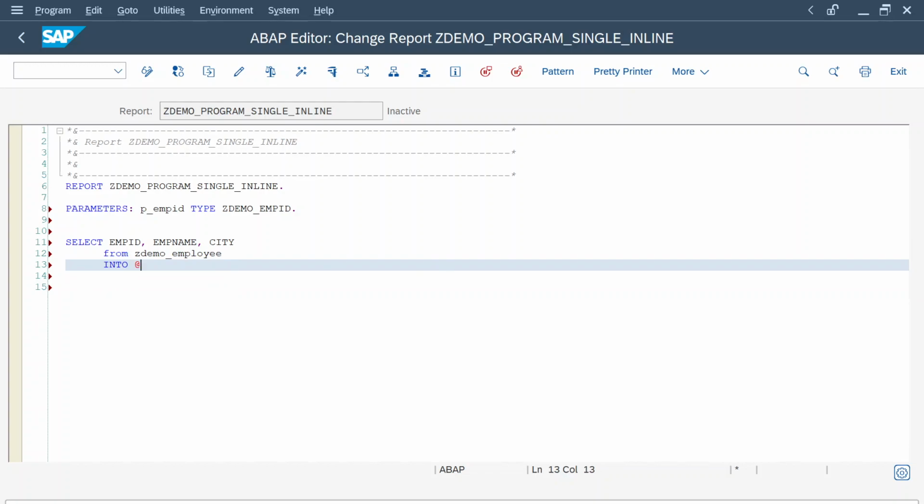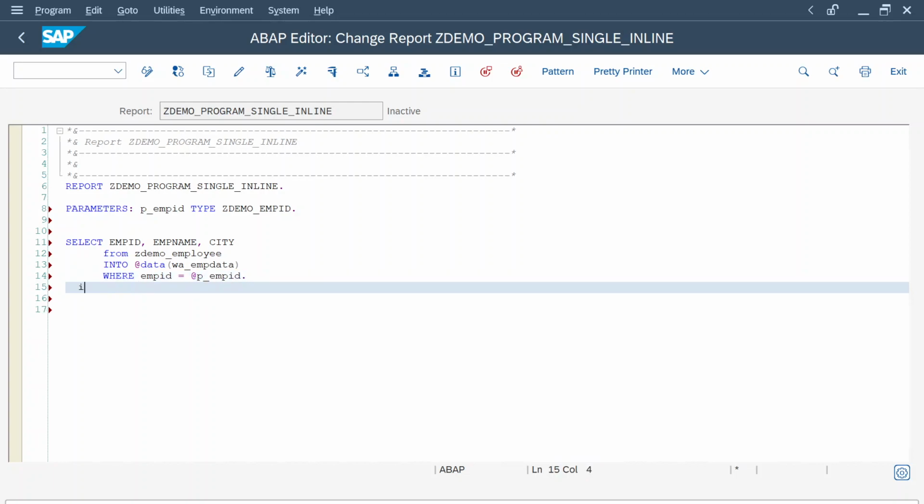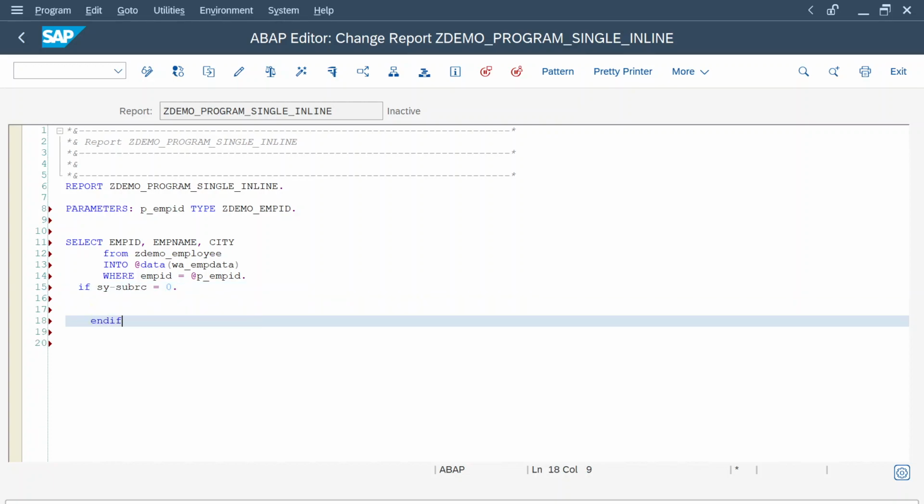Into define work area data of WA underscore, where EMPID, employee ID equal to, escape sign, at the rate P underscore employee ID. If SY hyphen SUBRC equal to 0, and if